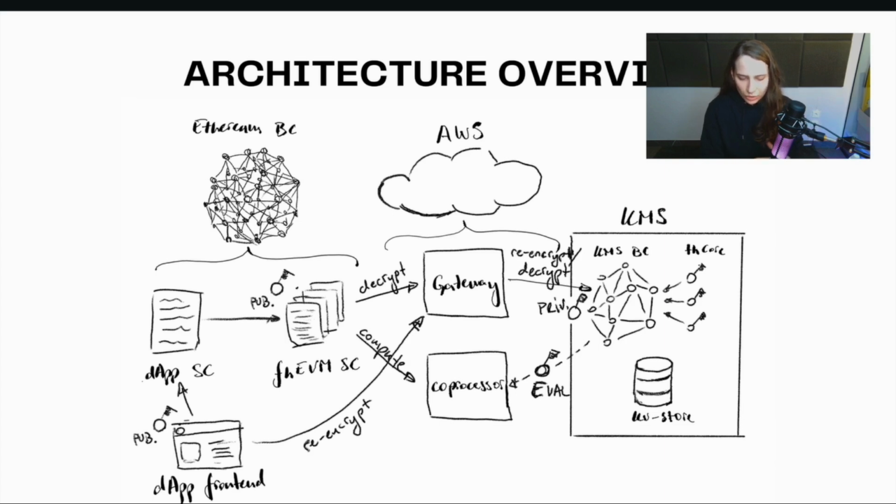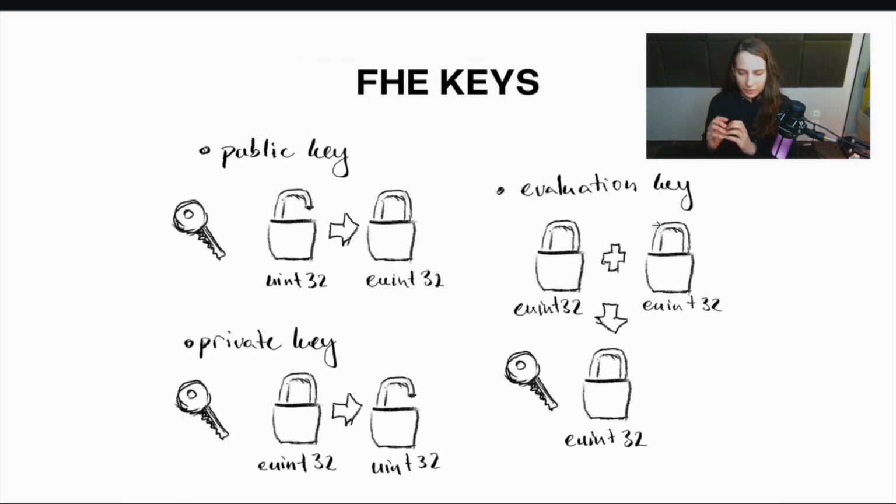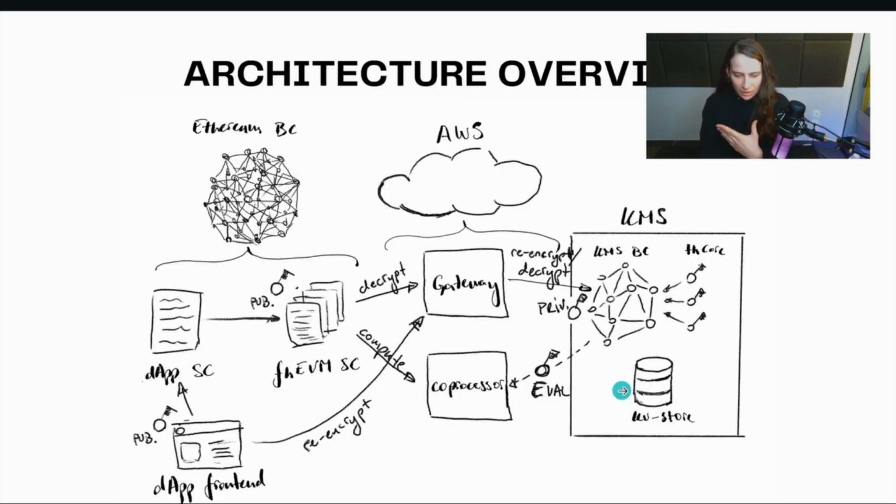Okay. So what do we need to perform decryption? To perform decryption, from the dApp smart contract side, a decryption request is sent to the FHEVM smart contracts, then to the gateway, and then the gateway basically acts as a relayer and relays this information to the KMS. The KMS here is a key management system. Remember before when we were talking about different FHE keys? These are all generated on the KMS. So on the KMS, we decrypt this information, and this information is then visible on the FHEVM smart contracts.